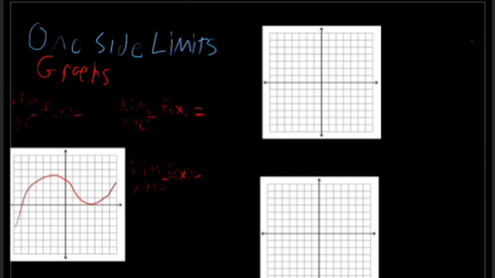Let's look at it from the left first. From the left, as you can see, it's swooping down, and it seems to be approaching 0. So pretty easy. And then let's also look at it from the right. As it's approaching from the right, you can still see that it's also approaching 0. So our final limit here, if we don't want to specify a side,